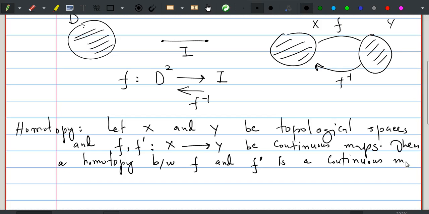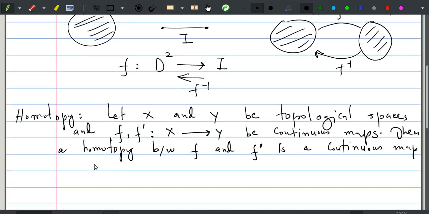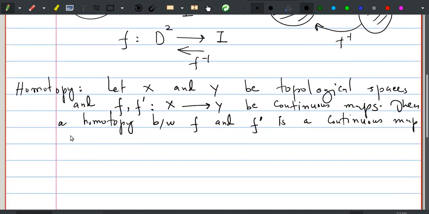Let us denote that map by F, a continuous map from X times the interval [0,1] to the space Y, such that